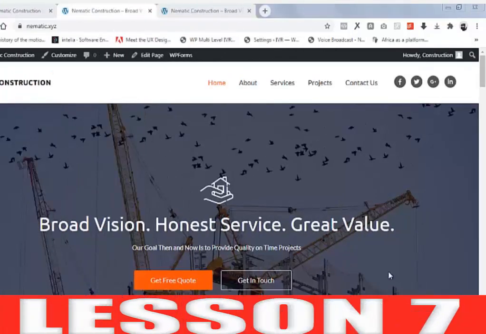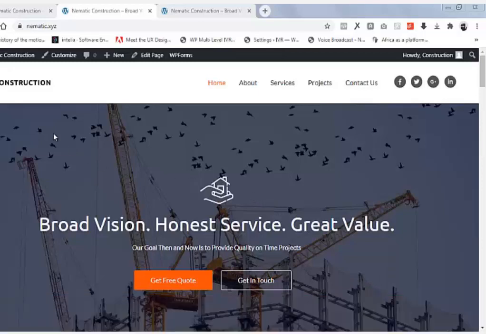Alright, so welcome to this section of the tutorial. Now in the previous section, we imported our site. Now you can see how beautiful this is. Now we're going to start editing this page. So here we have our black bar which says edit page, and some other options are also here.